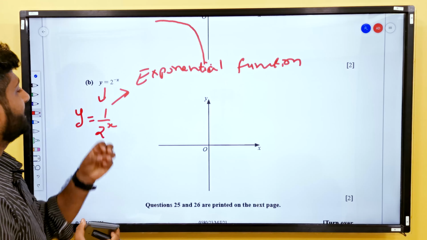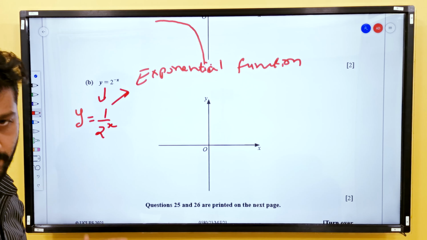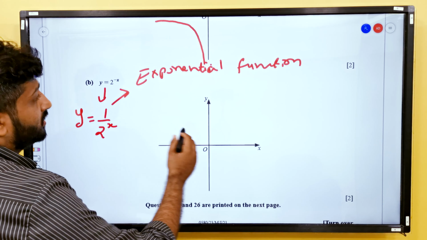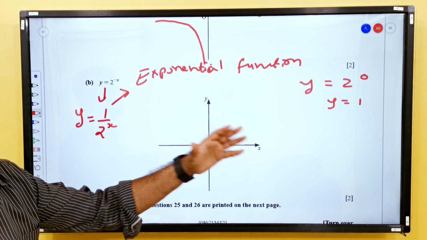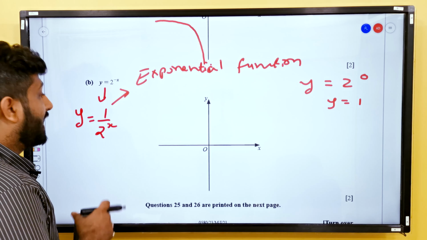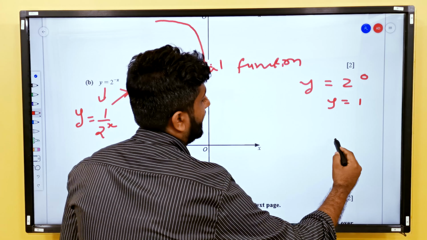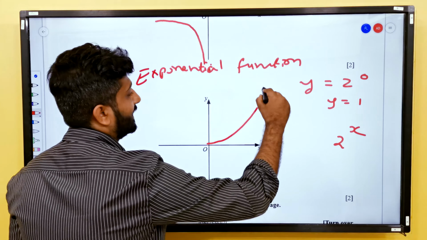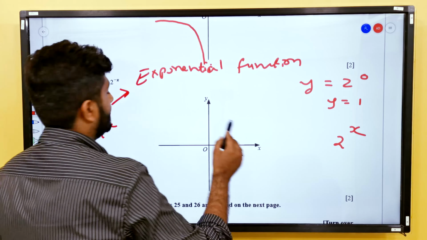So let's say when your x is 0, your y is going to be 2 power 0, which is 1. So when your x is 0, your y is going to be 1, and this is a decreasing exponential curve because the power of x is in the denominator. Had this question been something like this, the graph would have looked something like this, but this is a